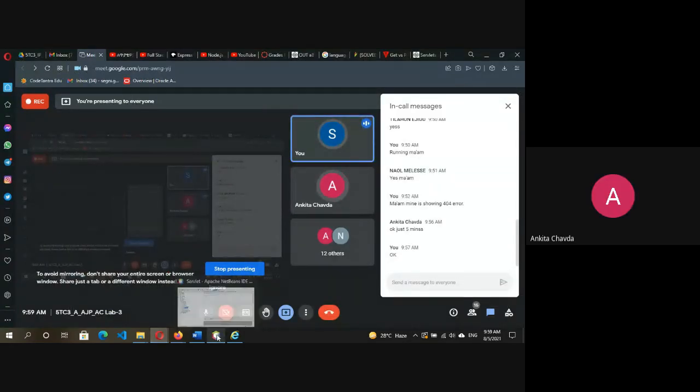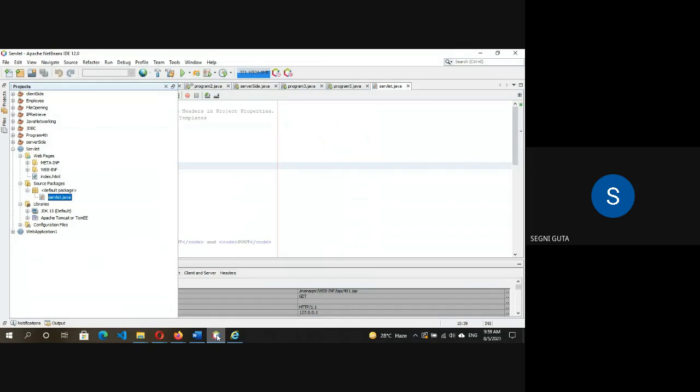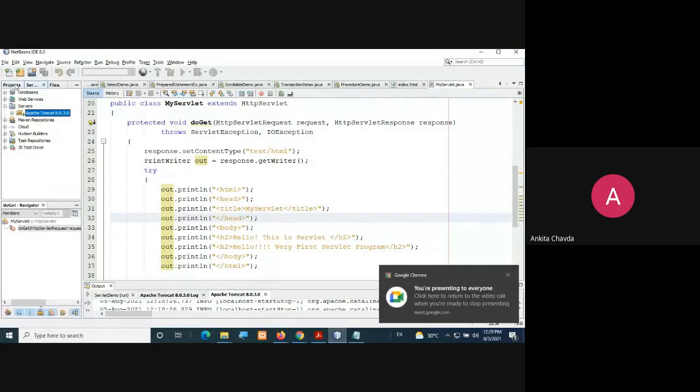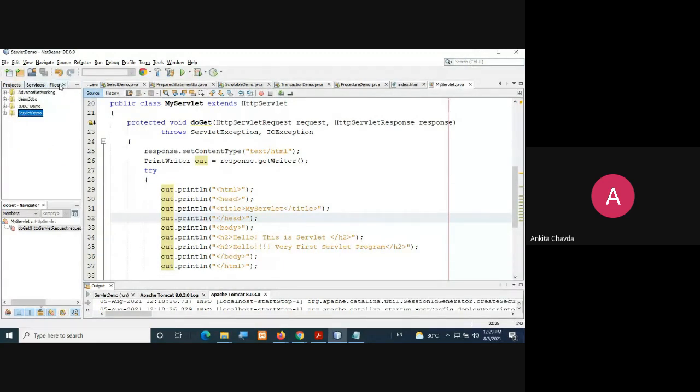If any problem is there with Apache Tomcat, you can restart it or refresh once.